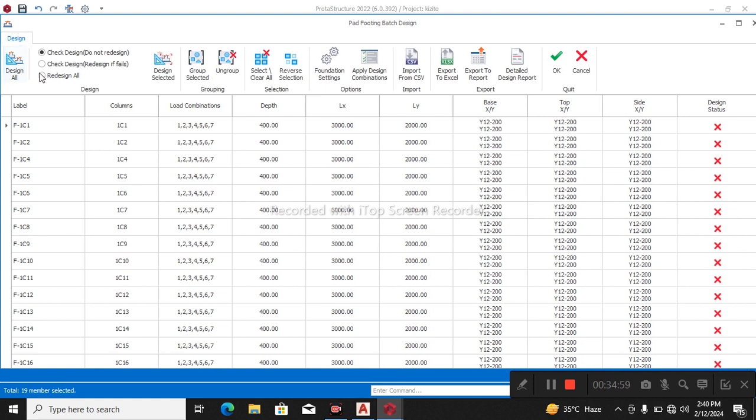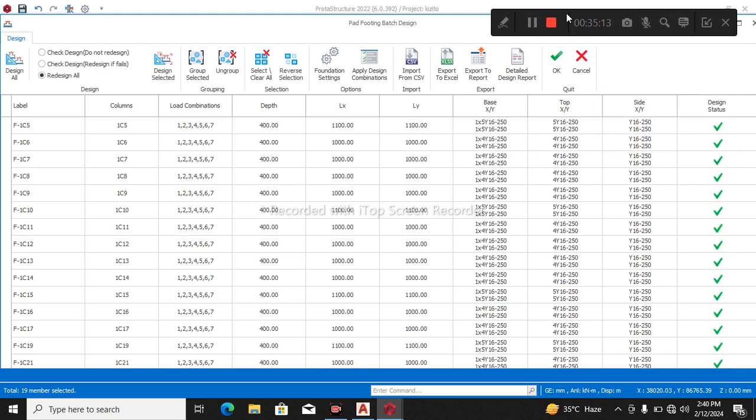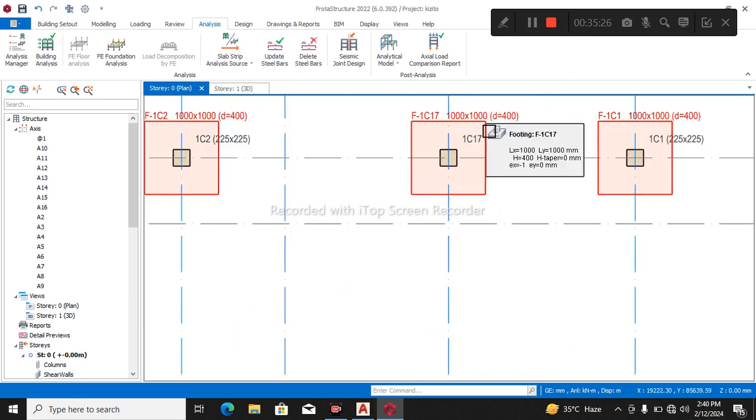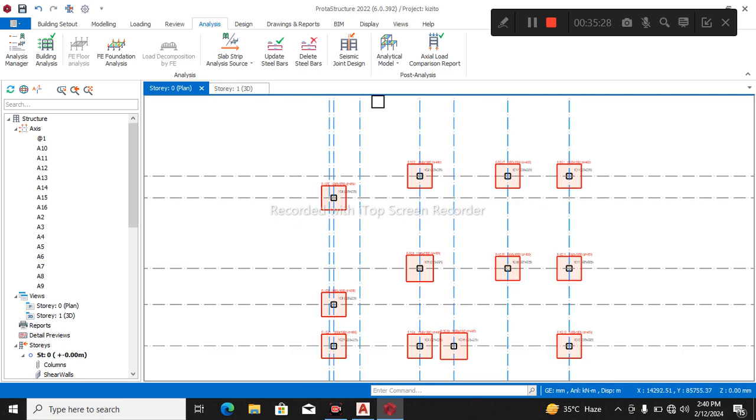So you can click on this one, redesign, or click on design all again. Why do we click on redesign all? You want to design your reinforcement. Say your reinforcement doesn't design, or they show Y16. If you click on OK, I don't know why they show Y16. Since they show Y16, you just come back to your